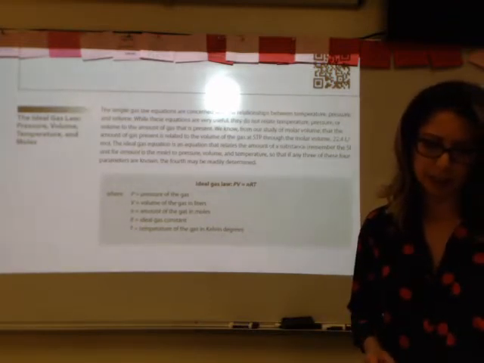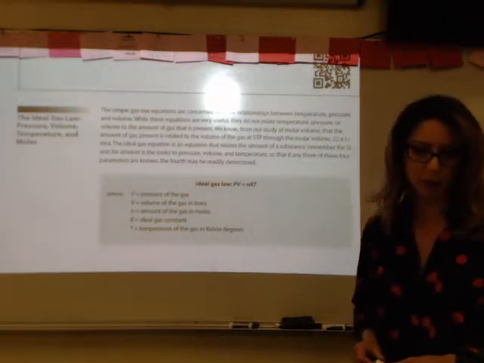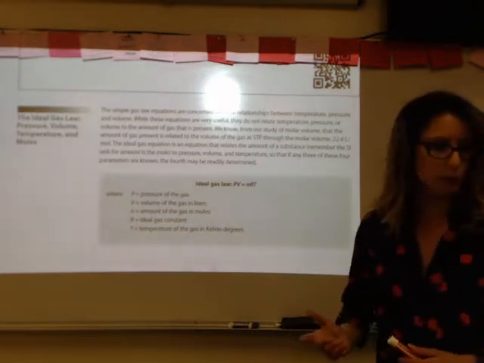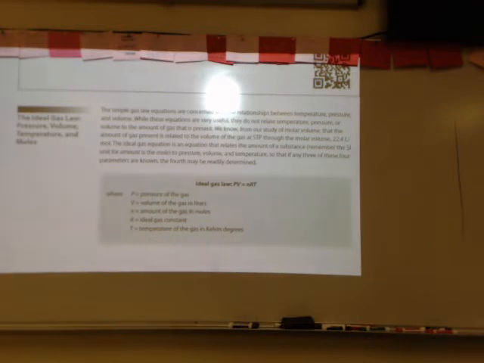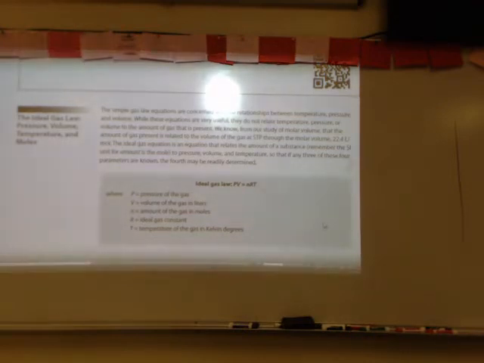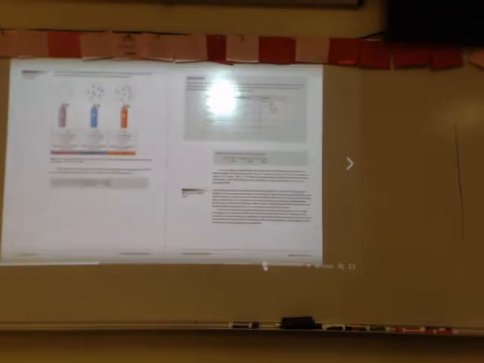And here what we're doing is we are simply keeping it to relating the amount of a substance, or the moles of a substance, to a pressure, a volume, a temperature, rather than changing them from one initial state to another. So P is pressure, V is volume, n is moles of gas, R is the ideal gas constant, which is defined depending upon the pressure units, and then T is the temperature in Kelvin. So if we take a look at the next page,